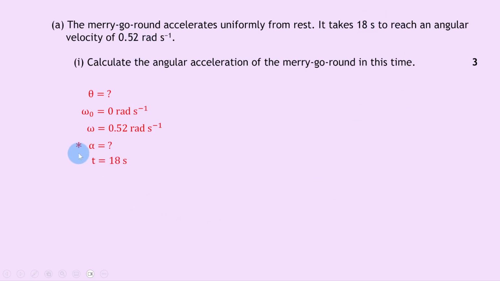So I'll put a star next to alpha because that's the one we're trying to find, and we want to use an equation of angular motion here that doesn't have theta in it. So let's use the equation omega equals omega naught plus alpha t. Substituting in the numbers gives 0.52 equals 0 plus alpha times 18. So rearranging that, we have 18 alpha equals 0.52. So alpha is the same as 0.52 divided by 18. So if you put that into your calculator, you should get an answer for alpha of 0.029 radians per second